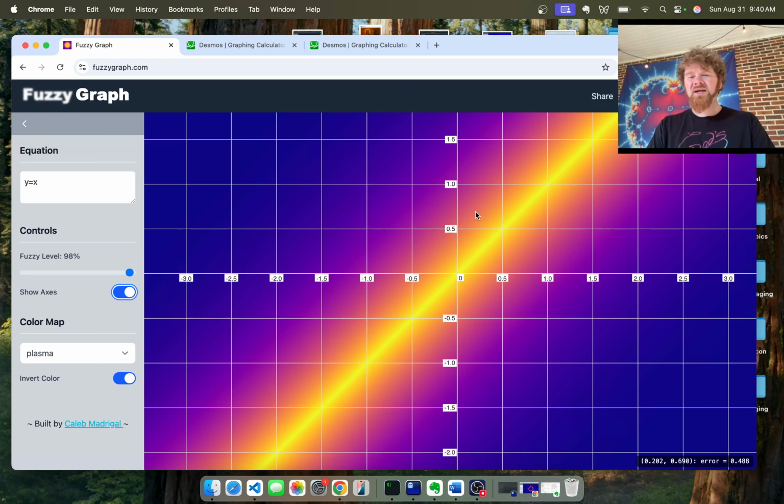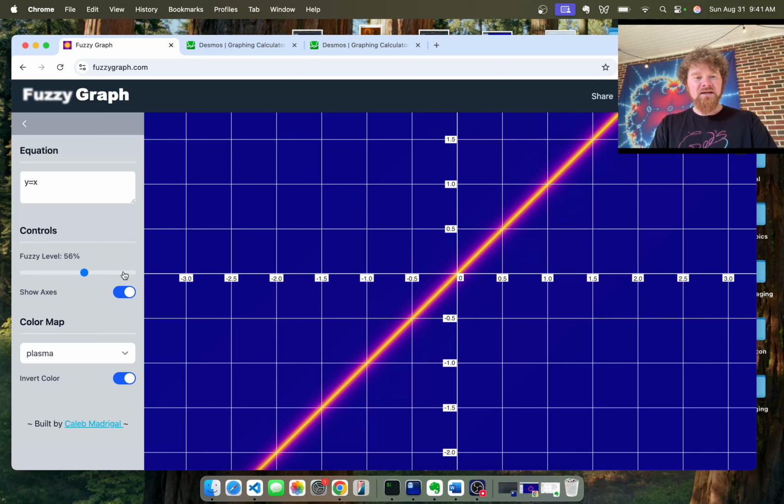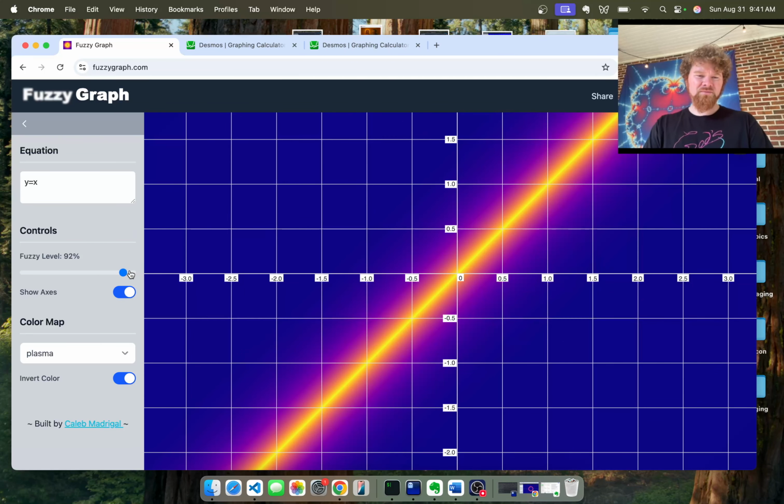You can also turn down, by the way, the technical difference for what FuzzyGraph is doing is it's making the graph more fuzzy. Just kidding. But I do call it the fuzzy level. We can turn it down, by the way. Really, I think probably the more technical name for it would be an error gradient. So FuzzyGraph is graphing the error gradient. And so it's something that you can use to make pretty pictures. And I've basically used this technique to do most of my art stuff that I do at gods.art. Anyway,